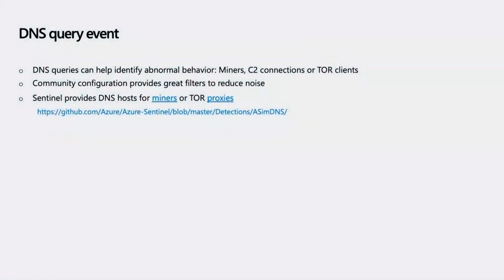Now let's go over a couple of the latest Sysmon events and see how they can be used for hunting. Let's start with the DNS query event. The DNS query event allows you to see which process is doing which DNS query. Sometimes, depending on the log access you have, you see that this machine or this part of the network is doing this kind of DNS query. It's very useful to see on the machine which process is doing it. And you want to see those DNS queries because they allow you to identify different malware behavior. You can identify miners, you can identify connection to a C2, you can see a connection from a Tor client to the Tor network.